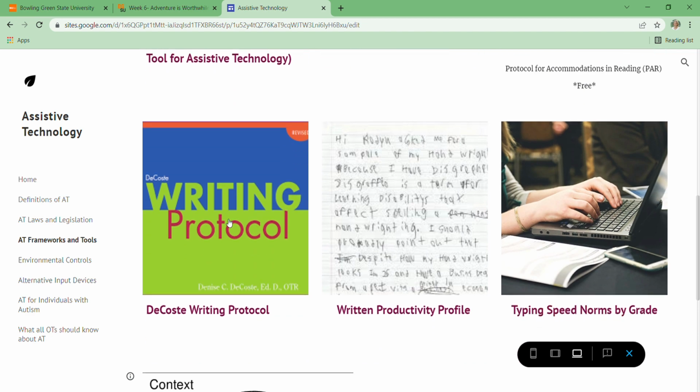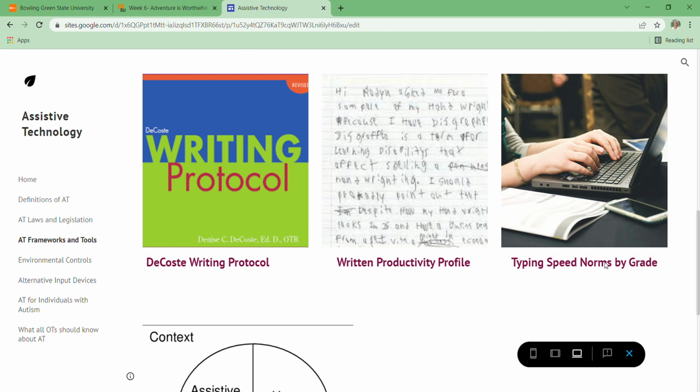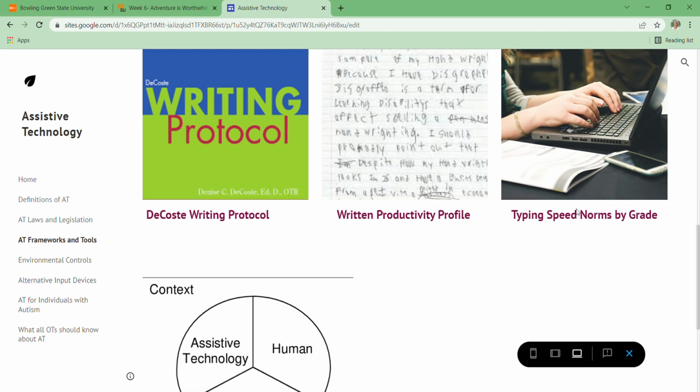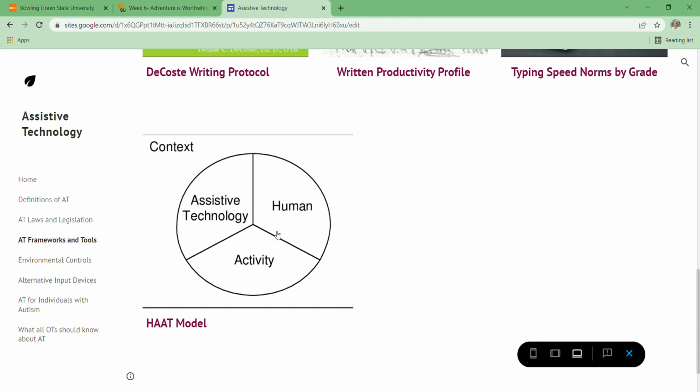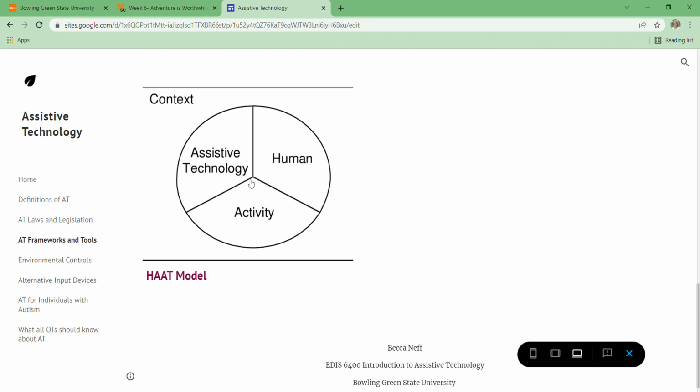The DCOS writing protocol, that's another one that is used frequently in AT evaluations. The written productivity profile, this is a free assessment that compares a student's writing and typing skills. So you can get some good information there. And then I also have typing speed norms by grade. So this is helpful when you are reviewing data and then comparing that student to their same age peers. And then I also included the HAT model, and this is used primarily in